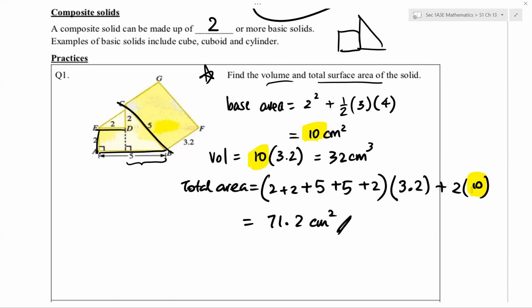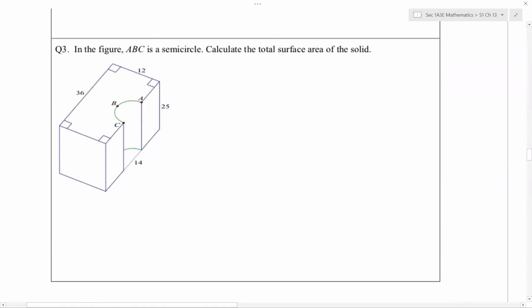Or if you did the total area first, you will still need a base area, which is used in our volume. Might as well, as a standard practice, write down the base area first. And that is what we are going to be doing for the rest of the questions. So question 3, try it now. Identify the base